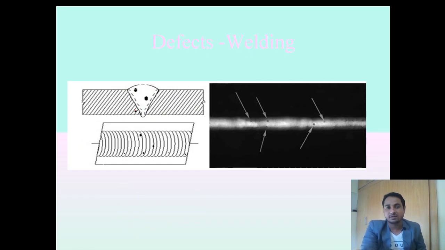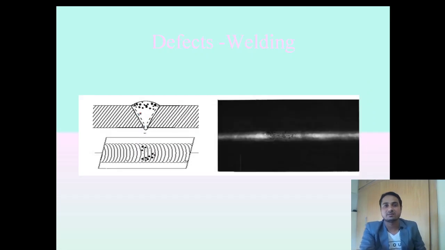Then it comes to porosity. The basic root cause of porosity is contamination, moisture ingress, and if there is a rainy environment or heavy wind, then there are chances of porosity. These will be small holes, dots, and it will look like this in the radiography. If you see a number of porosities, these are the scattered porosities. So you can see these small dots, these are the porosity in welding. So these are the random porosity.